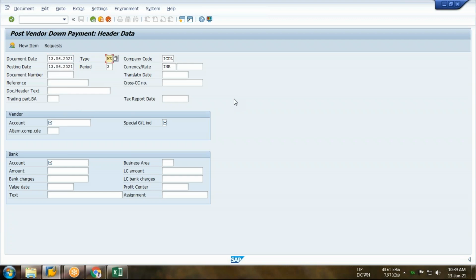This is the document date. This is supposed to be your vendor account to whom you are going to make the payment of advance. So this is your vendor account. Special GL will be A. Always remember, special GL indicator should be A. And bank account should be